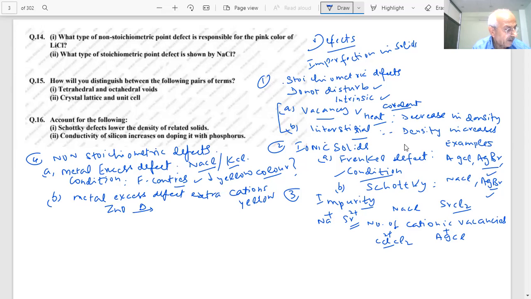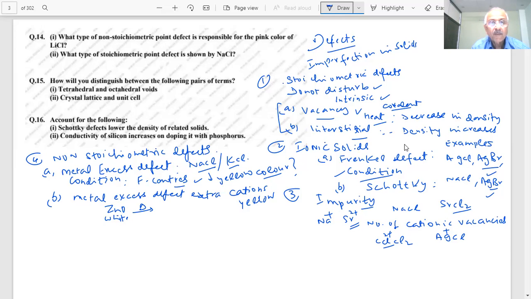Why? What is the reason for the change in color? Because, sir, zinc oxide is originally white in color; when it is heated, it will lose oxygen and excess of zinc will be there in the crystal, so it will turn yellow. The color is due to what, I am saying. I am not asking what will happen. The question is different. Reasoning and assertion type questions will involve such thinking, students.